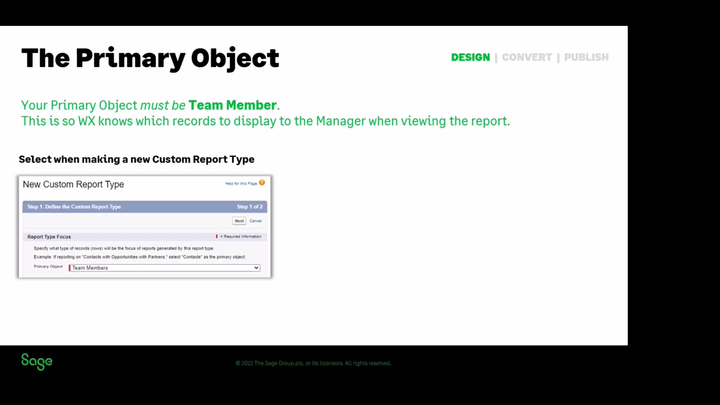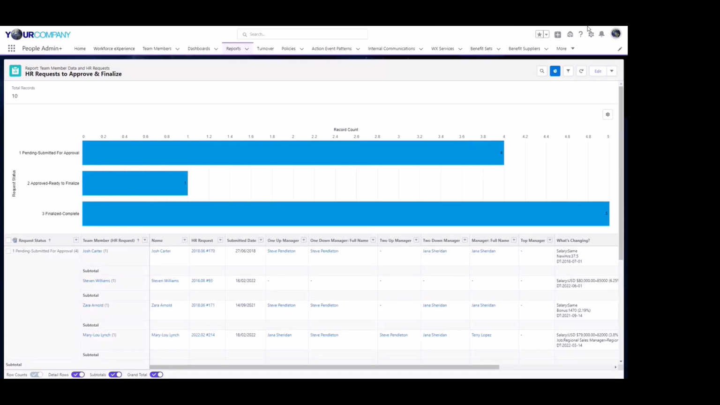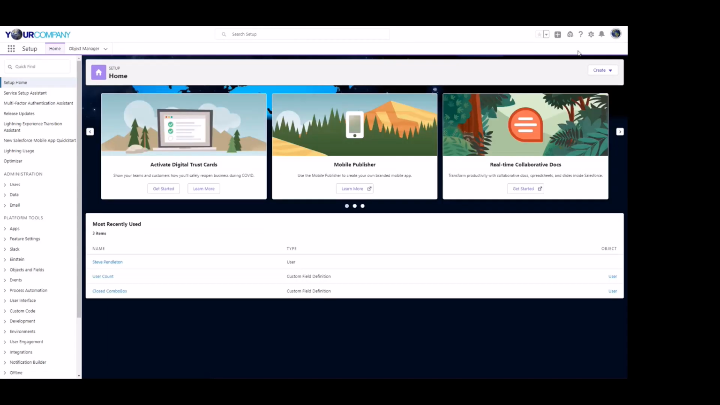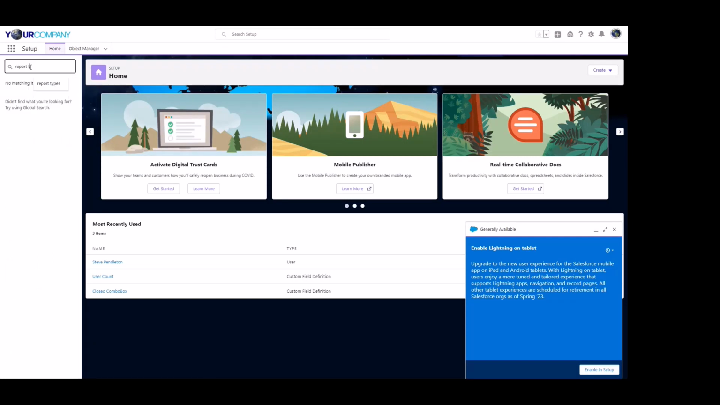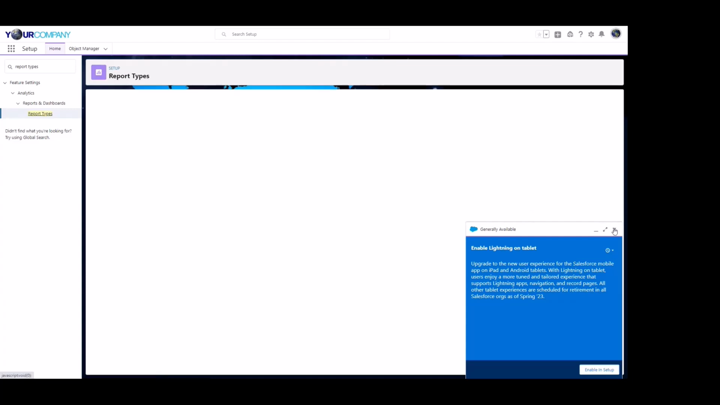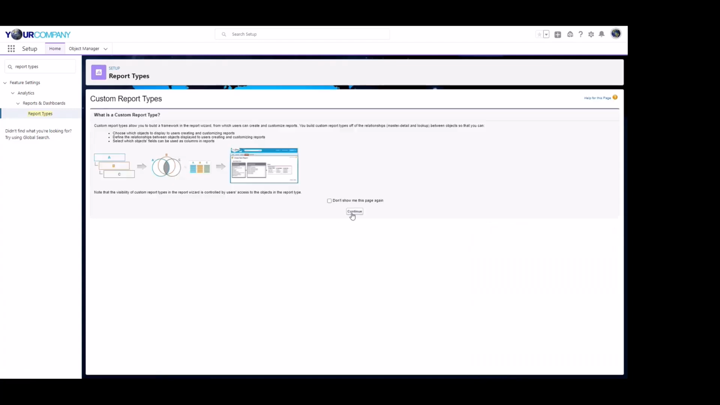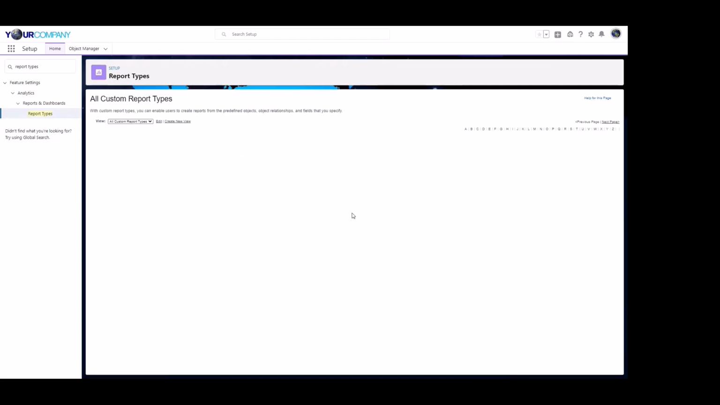So I'm going to go into setup and build a new custom report type really quickly, and I'm going to show you exactly what I'm talking about with the primary object. So this is a system administrator function. HR managers can build these WX reports, but a system administrator has to build any custom report types if they are needed. But if you go to setup, go to report types, and then click the button that tells you to create a new report type,